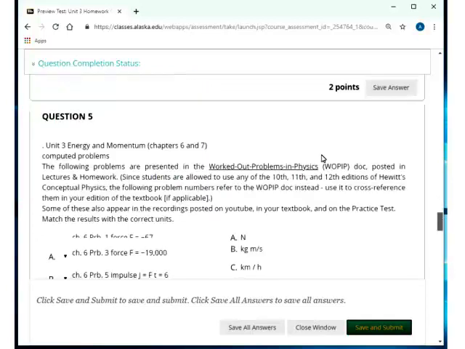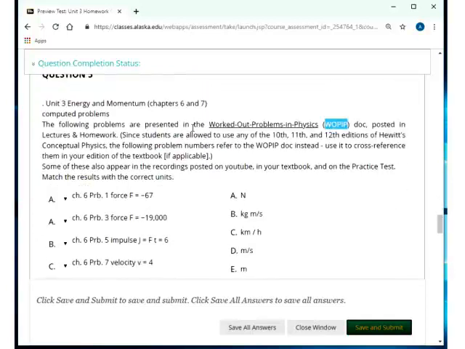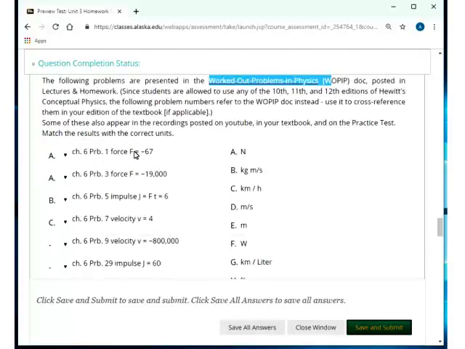Okay, these are from the worked out problems in physics. So you can just go in there respectively. If you just look at these here, it says force F equals -67. Well, it's probably going to be newtons. There it is. Another force, -19,000 newtons. The impulse,